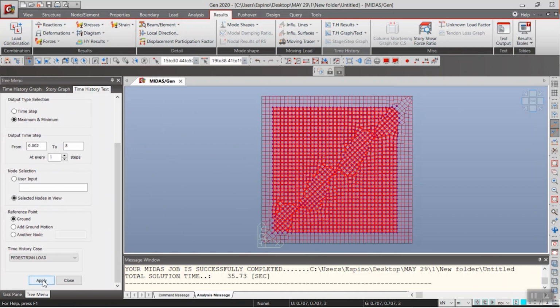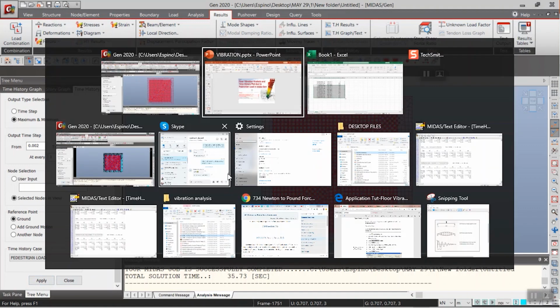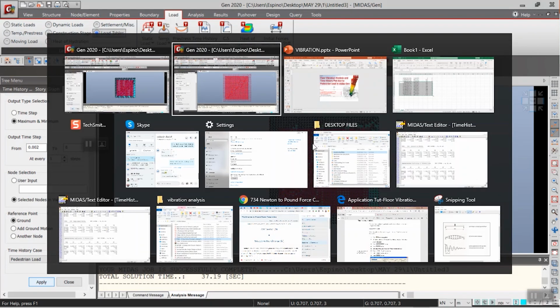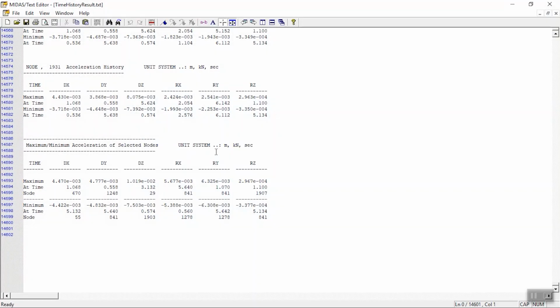So we can now click on apply. But I will not do this here in our webinar. That's why I have prepared the same model. So after we have created and applied, it will now calculate